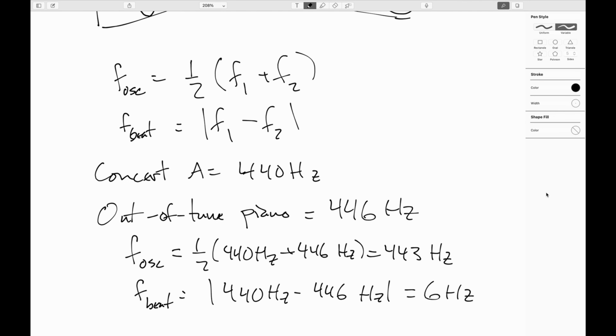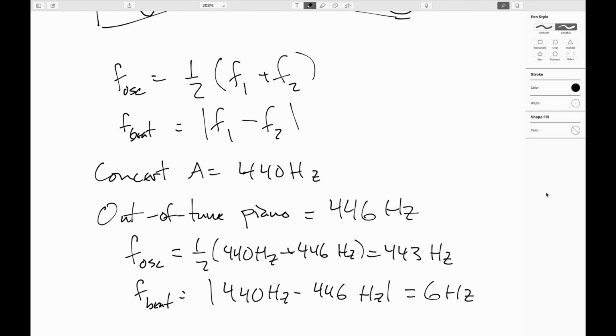So I will end this off with a video demonstration of this. In this video, I will have 2 speakers. The speaker on the left will be constantly set at concert A, 440 hertz. For the speaker on the right, it'll start at 440, and then I will click it up in 1 hertz steps up to 444. Then drop it back down to 440 and click it down in 1 hertz steps down to